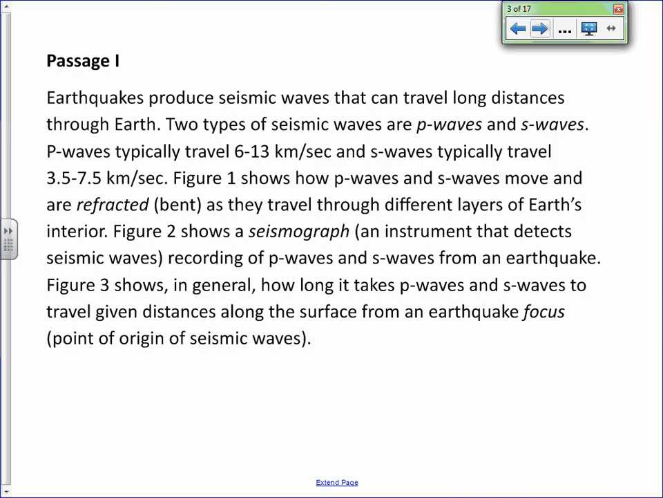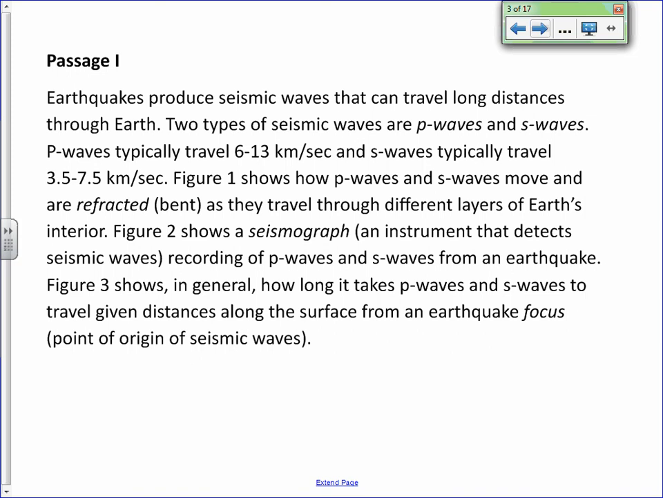Earthquakes produce seismic waves that can travel long distances through Earth. Two types of seismic waves are P waves and S waves. P waves typically travel 6 to 13 km per second, and S waves typically travel 3.5 to 7.5 km per second. Figure 1 shows how P waves and S waves move and are refracted as they travel through different layers of Earth's interior. Figure 2 shows a